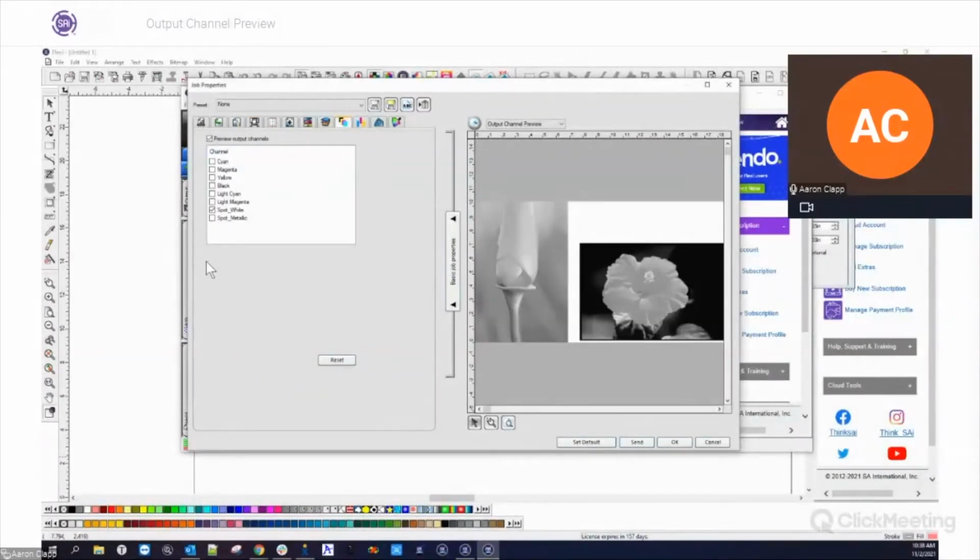Okay, there we go. So here's what is going to happen: because of that selection that we've chosen, now we can see how our white channel is going to preview. This is really nice because before you never really knew what was going to happen with some of these colors. This makes it really easy to identify what's actually happening with some of your underbase